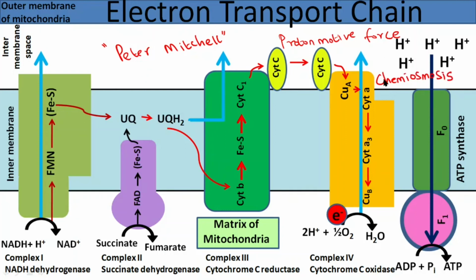We call it chemiosmosis because movement of protons is from higher concentration to lower concentration, that is, along the concentration gradient across a semi-permeable membrane. These protons that are accumulated in the intermembrane space move with the proton motive force through this F0 portion. When they move like that, that creates rotation in F1 region of ATP synthase. Because of this rotational energy, it acts like a motor. This ATP synthase is said to be the smallest molecular motor. During this rotation, there is addition of phosphate to ADP, resulting in the production of ATP by oxidative phosphorylation.